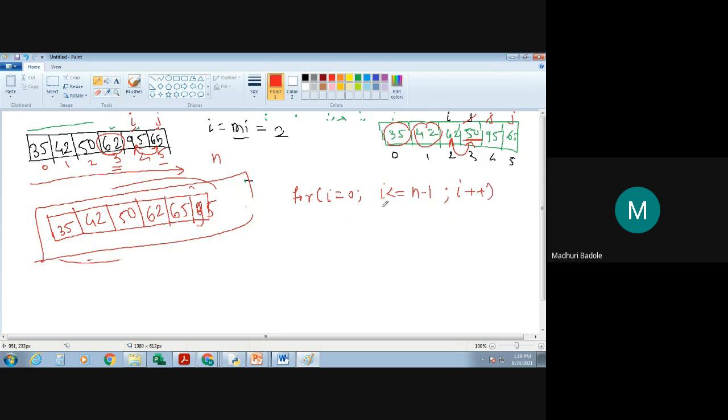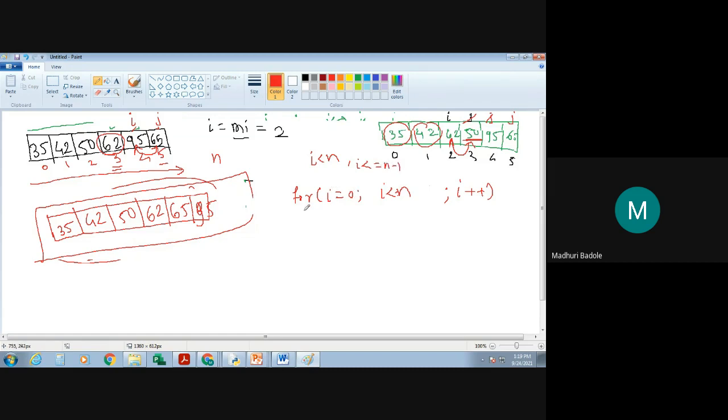Is it clear? Yes, ma'am. Can we write i less than n only? That is also okay. Either you can write i less than n, or you can write i less than or equal to n minus 1. That is the same thing.